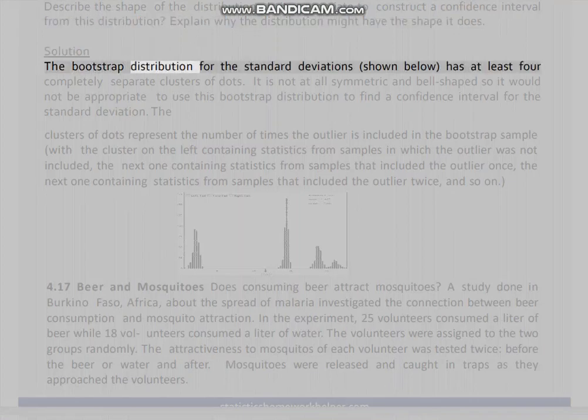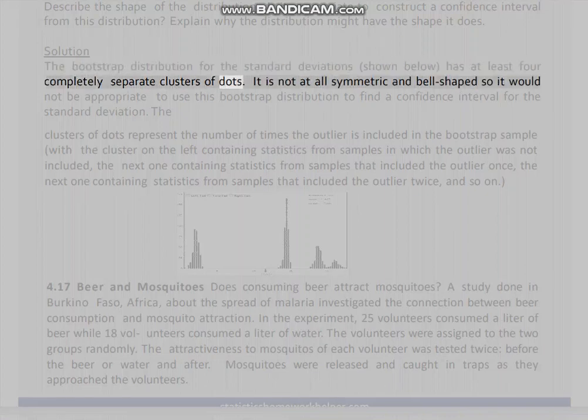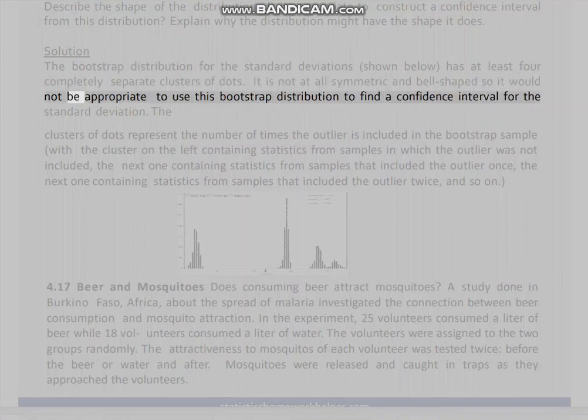Solution: the bootstrap distribution for the standard deviations, shown below, has at least 4 completely separate clusters of dots. It is not at all symmetric and bell-shaped, so it would not be appropriate to use this bootstrap distribution to find a confidence interval for the standard deviation. The